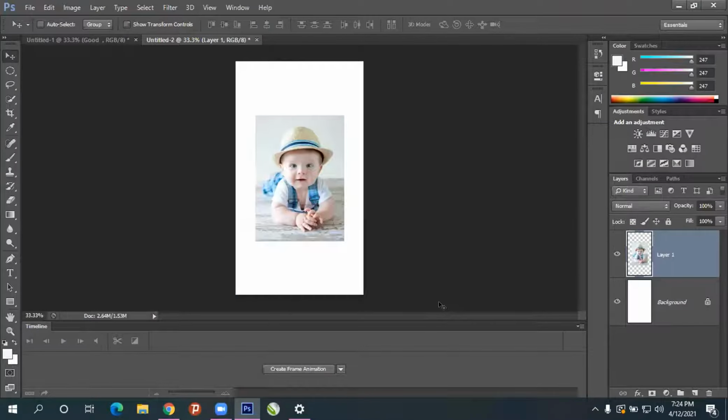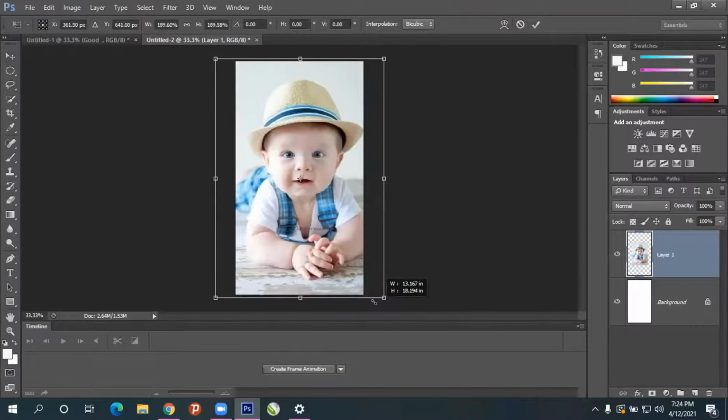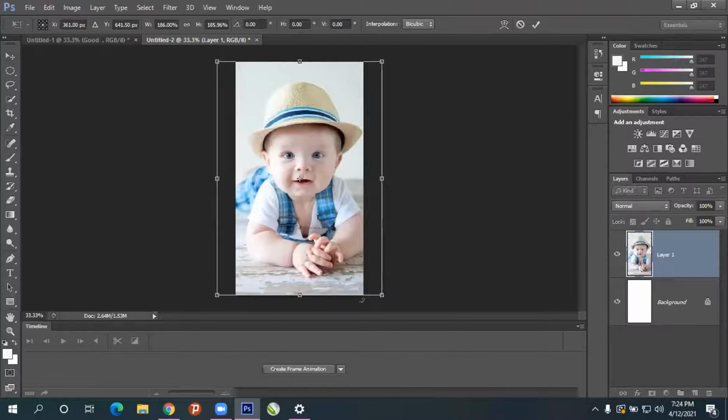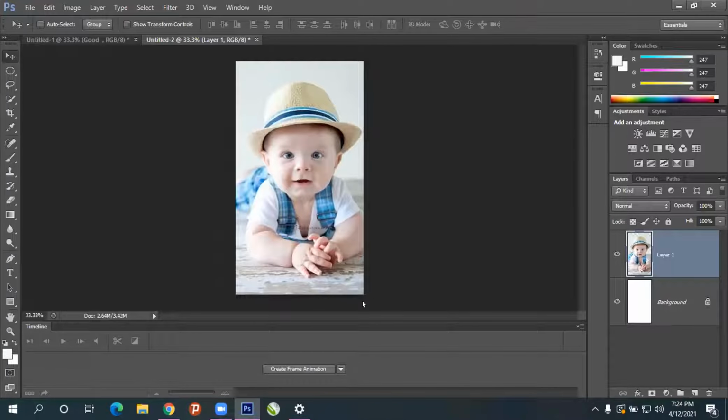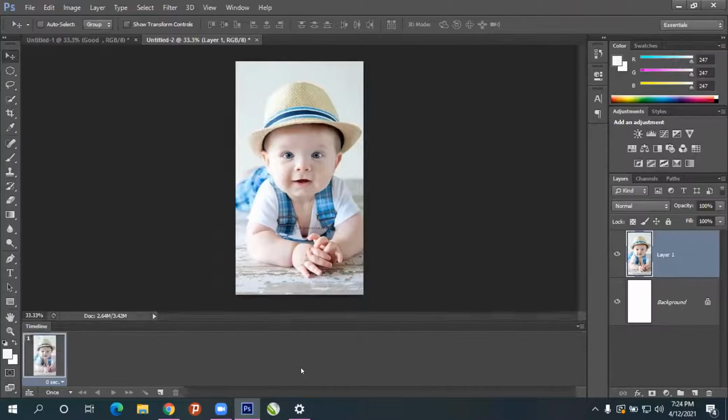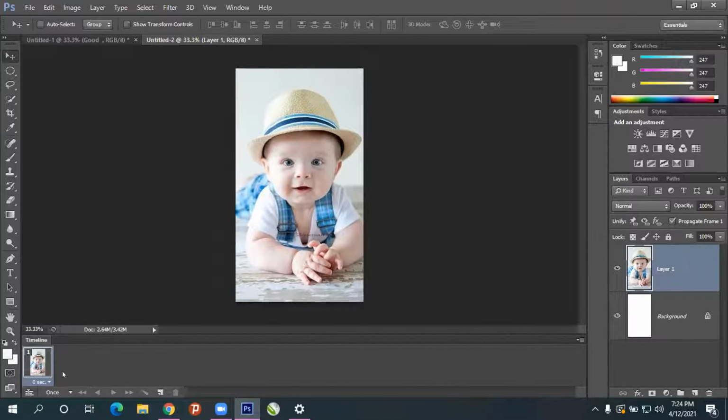I'll do Control V, Control T, maximize. So I'll give create frame animation and create. That's it.